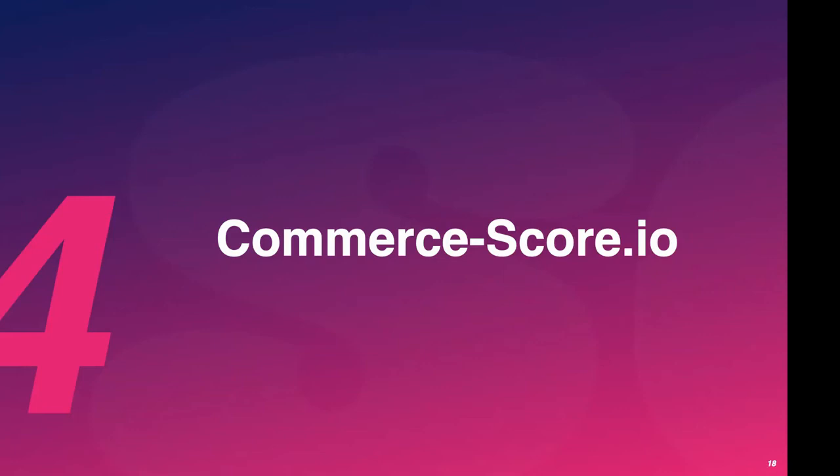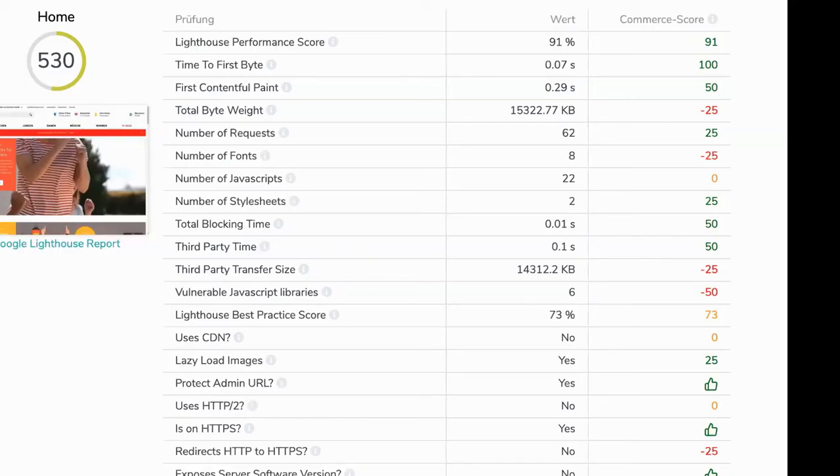So how does it look? Basically, under the hood, we use the same tools that Google also uses, for example, Google Lighthouse and some other tools, and we run an analysis on your shop on every page type. So this is the result. And let me show 2 things here. And by the way, I apologize for the German screenshots. CommerceScore is also available in English, but I already had these and I was a bit lazy to create new ones. So what we see here is just a list of